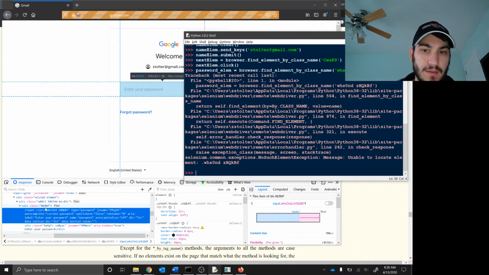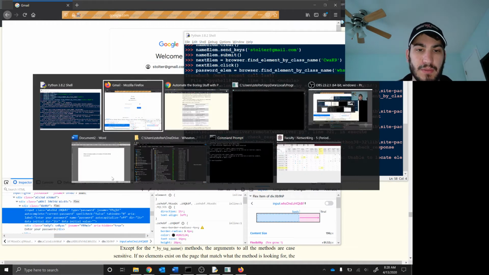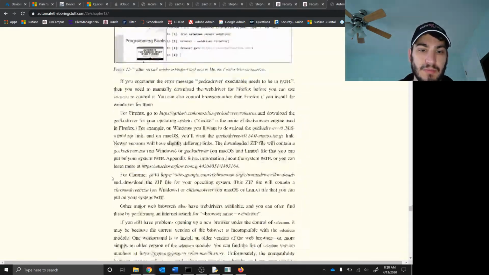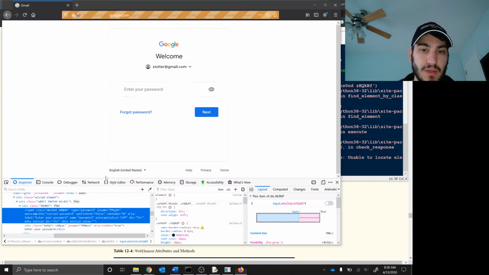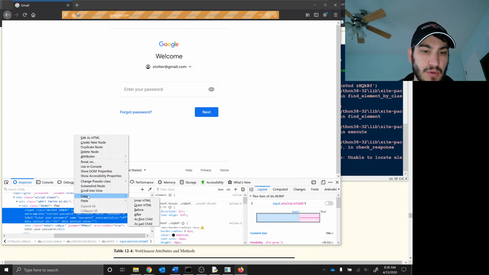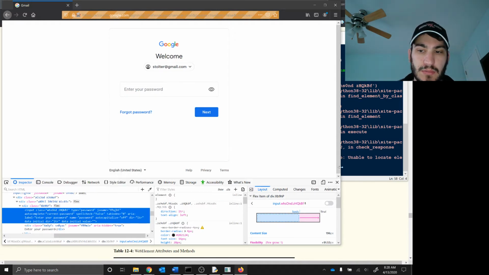Okay, so that didn't work. So what options do we have? We could do find by CSS selector. So we'll go to copy, CSS selector,